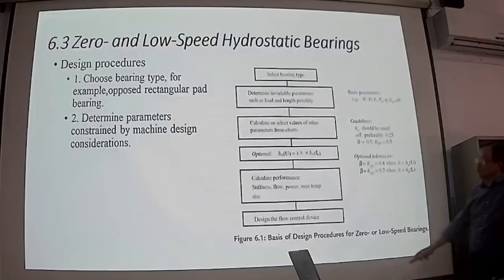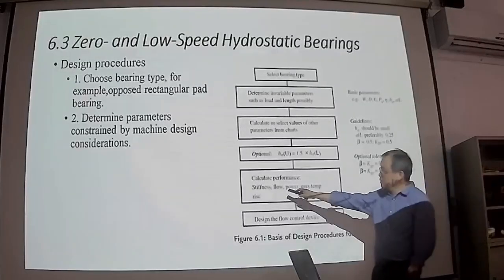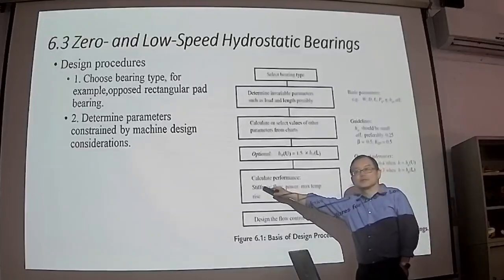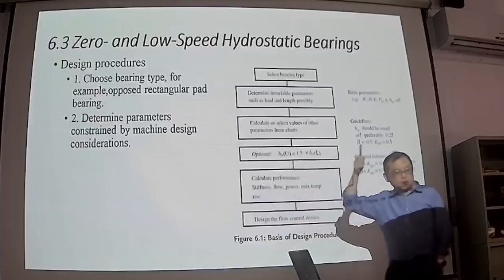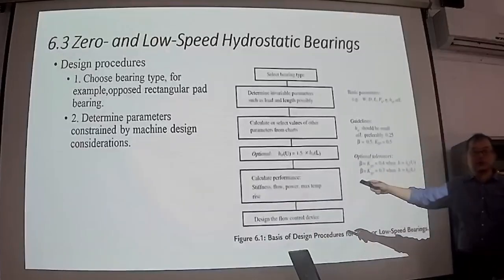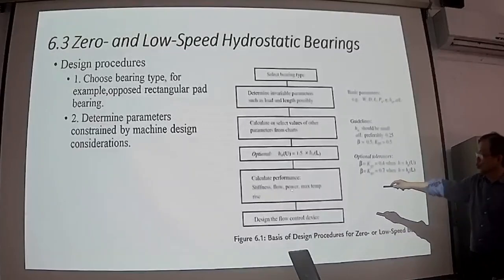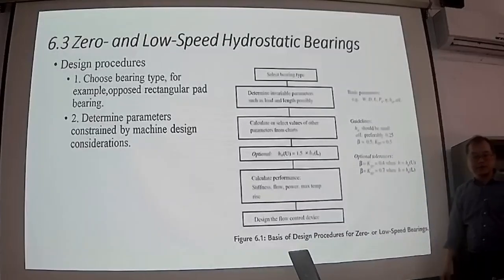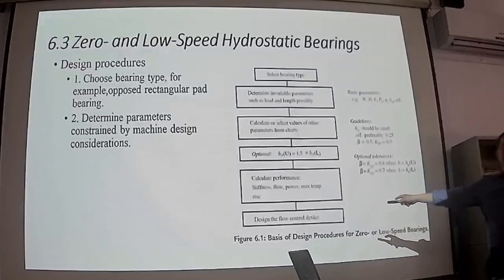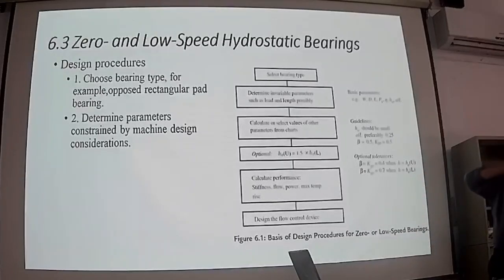So you need to check if the stiffness is satisfied for your application. 所以你要去看一下它最后的刚性、流量、功率，还有最大的温升，特别是刚性，如果是切削工具机，我前面有讲过，